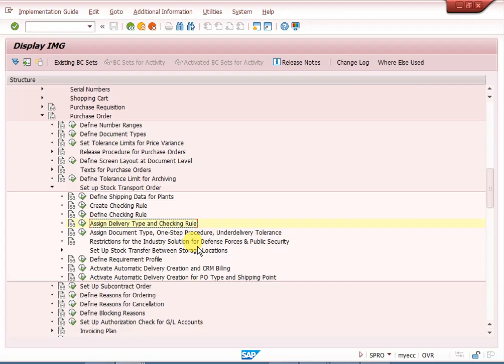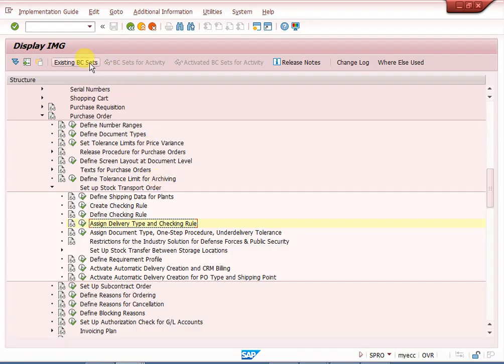Automatically stock will be in our plant and storage location. Generally we use the two step procedure only. Once delivery is completed, we can receive goods through MIGO with movement type 101. These all are mandatory configuration.